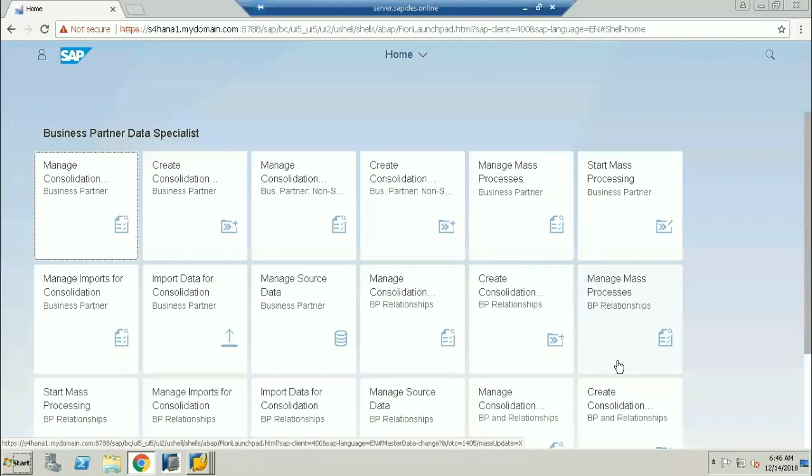So who is going to do this activity? Your Fiori consultant will do all this activity. Tomorrow I request my Fiori consultant: I have gone through all the Fiori applications, but I don't have access to this particular Fiori app. Can you provide this access to my user ID? Whenever I log into the Fiori system, I have to be able to see this app so that I can do some approval for the workflow process. This is very, very important. Then your Fiori consultant will assign the role to your user ID for the particular tile, and make the Fiori tile applicable on your Fiori application like this.